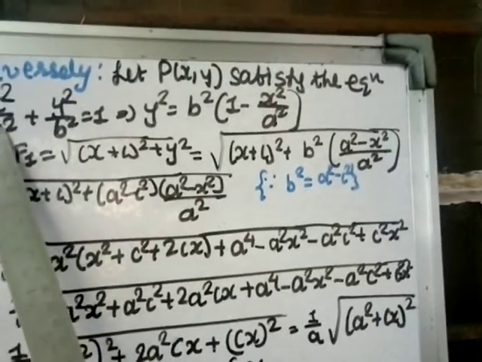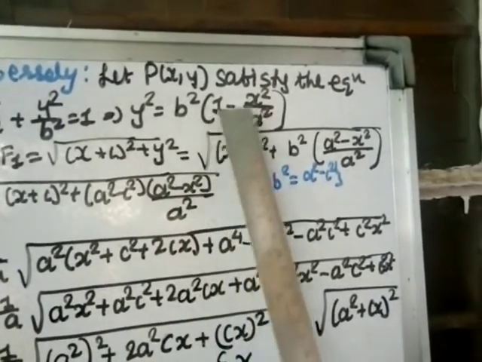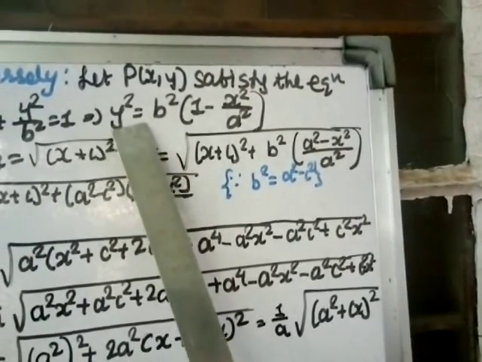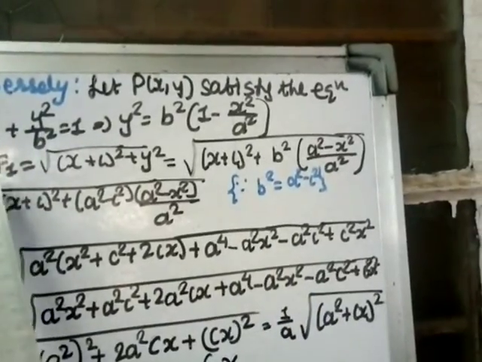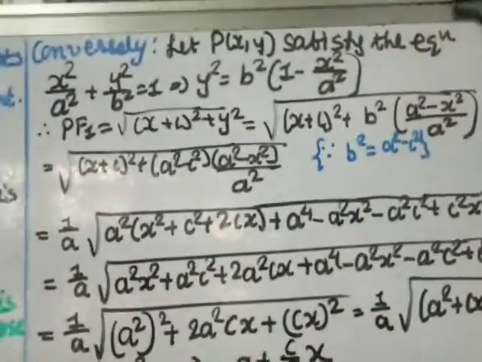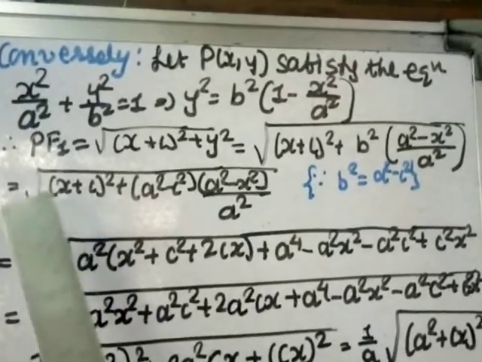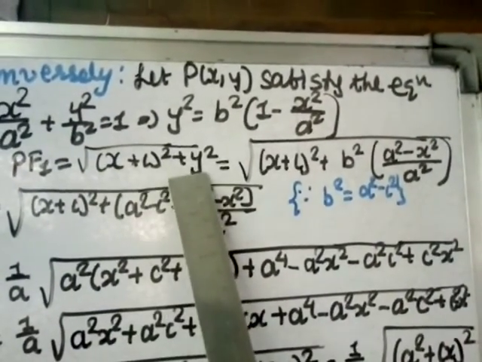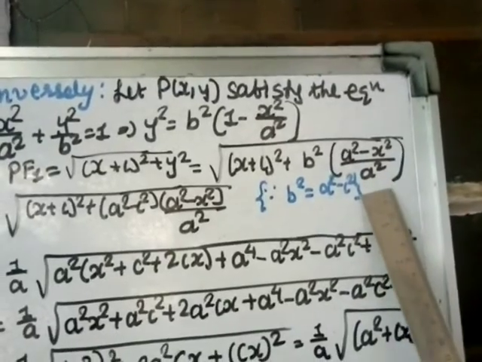So from here, if you transfer this term over here, it becomes negative, 1 minus x square by a square, and this b square if you transfer, it will go in the numerator. So y square equal to b square in the bracket 1 minus x square by a square. Now PF1 by distance formula, okay, P is this one (x, y) and F1 is (minus c, 0). Okay, so we use distance formula for PF1, find distance. So under the square root (x plus c) whole square plus y square. Okay, so now instead of y square you put this value. So under the square root (x plus c) whole square plus b square, and this value is (a square minus x square) by a square, right?